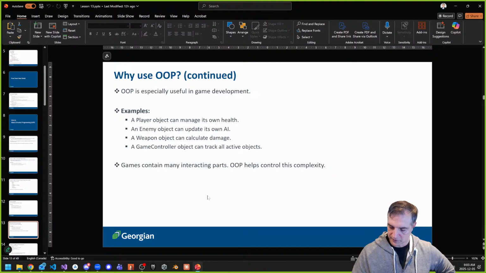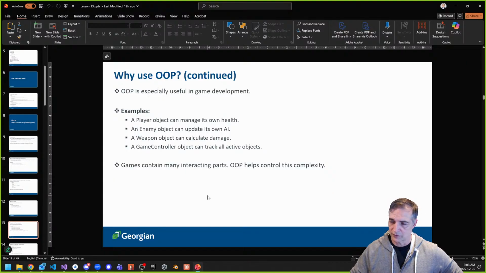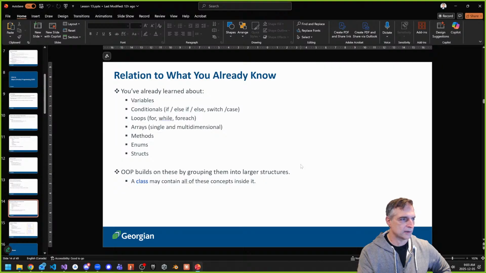OOP has become such a good design pattern that if you go to any place to program, you're probably going to use some form of it. People know about it, right? So if you go there and you don't know about OOP and they say, hey look, we're inheriting, this object inherits from that one, and you don't know what they're talking about, it's to your disadvantage, right? But you need to know that there's also other stuff out there that is not object-oriented, that is functional, or procedural, if you will. All right, so that's why it's especially really good.